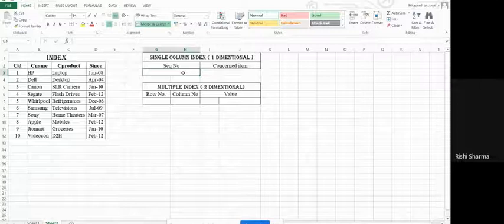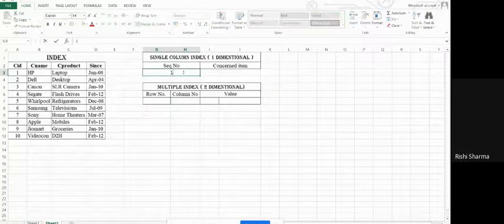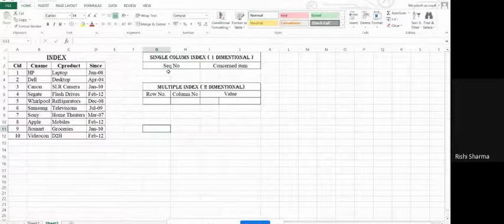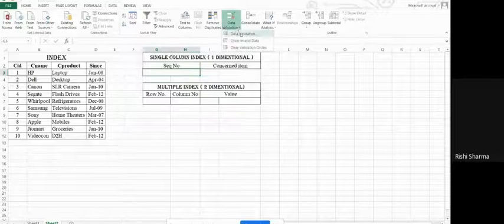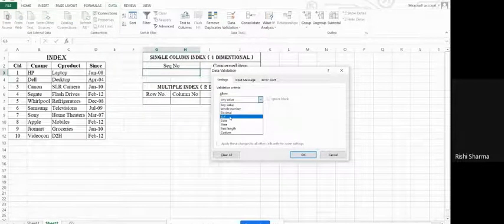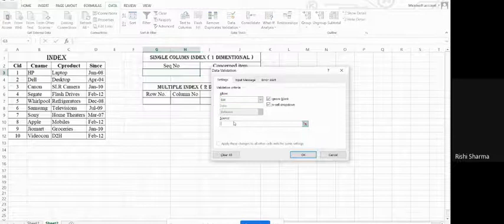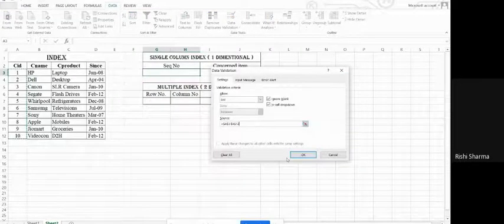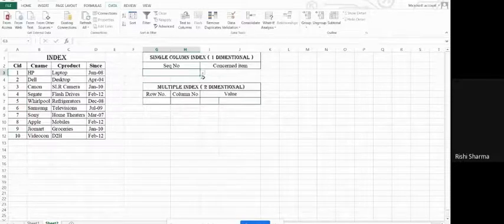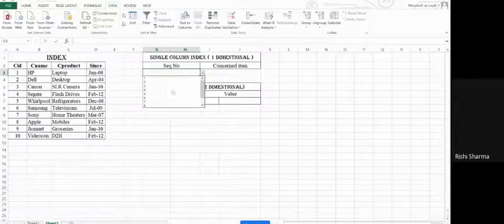Either you can put it manually by putting one and then deleting one and putting four, then deleting four and putting eight, whatever value you want to put. And there is one more method, that is data validation. I always use the data validation concept, so I prefer you also use data validation. Go to data validation, go to allow, click on list, then go to the source and select values 1 to 10. Okay, and then click OK. Now you will see a drop-down box has come over here, and you will see all the values 1 to 10. This looks a bit professional.